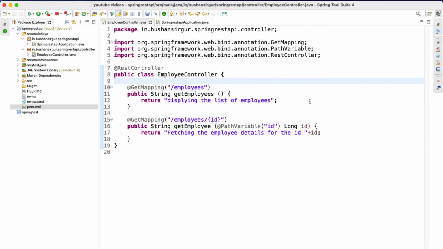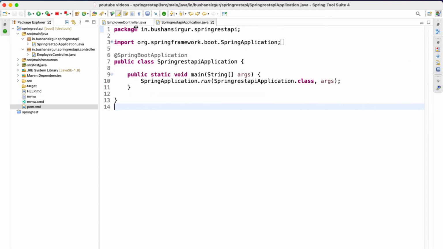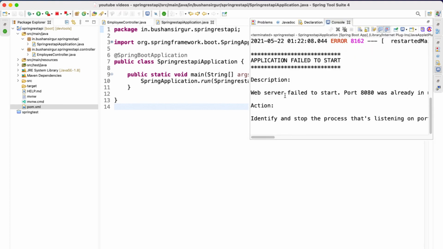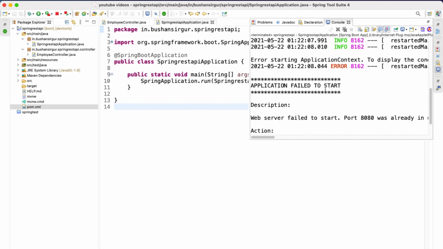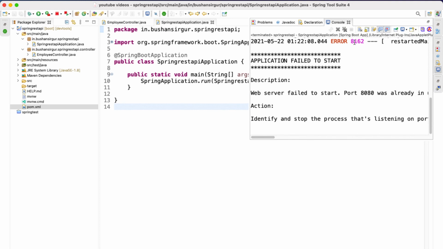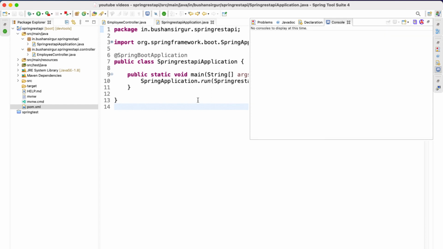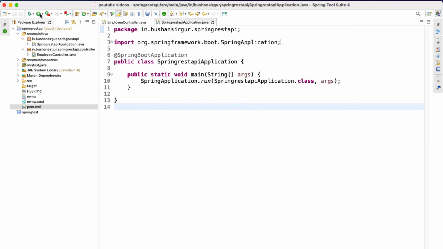Let's save this, go to the main class and start our application. Alright, it failed to start. The port 8080 is already in use. No worries, let me restart it again.